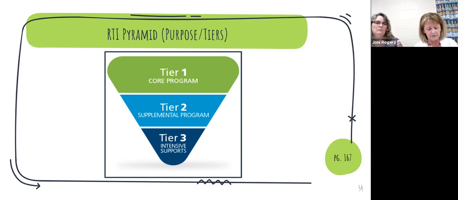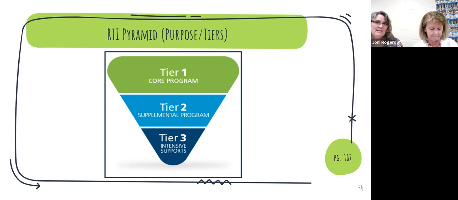The approach is called a multi-tiered system of interventions because students are not moved from tier to tier. Instead, the tiers are cumulative. So all of the kids are in Tier 1. We're all still together with Tier 2, just providing supplemental resources and help. And then Tier 3, that's the smallest group in our class. That's why they have flipped the pyramid as a funnel, like a funnel idea.